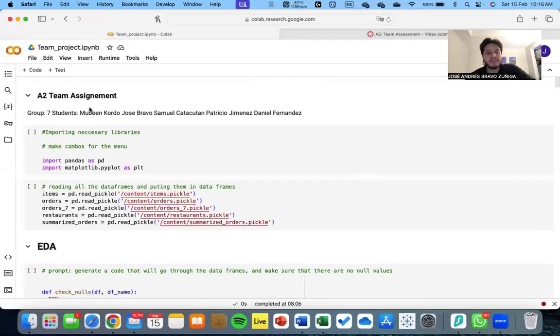Hi, so today we're going to be presenting the A2 assignment with the team members of Mubin, myself, Jose, Samuel, Patricio, and Daniel. First, what we're going to do is decide on the best restaurant location, what type of service should be provided, and what the menu is going to be for this new restaurant